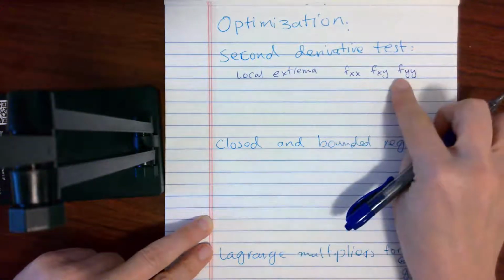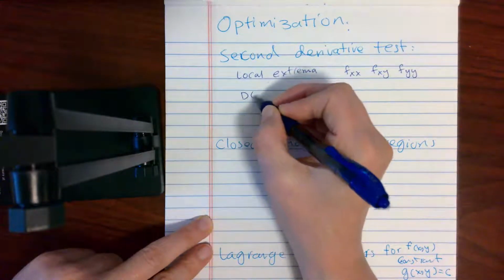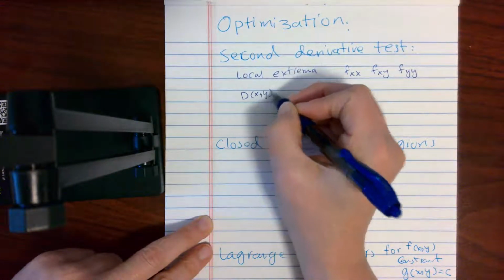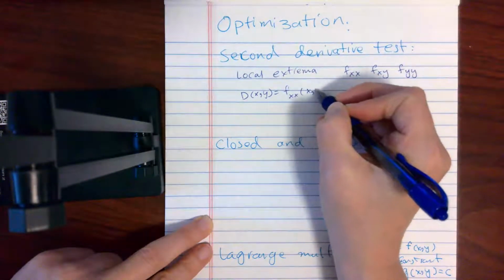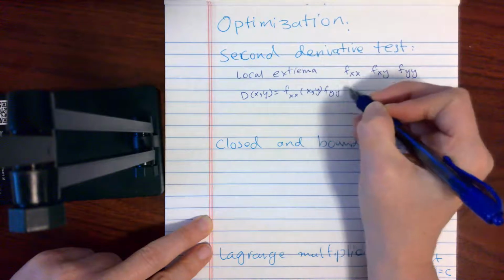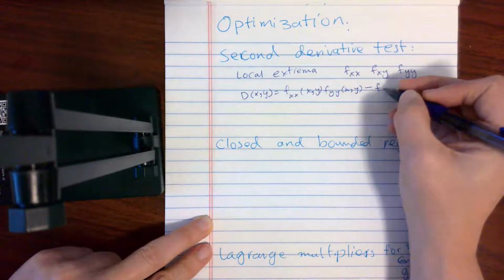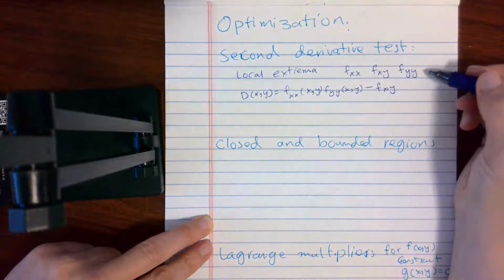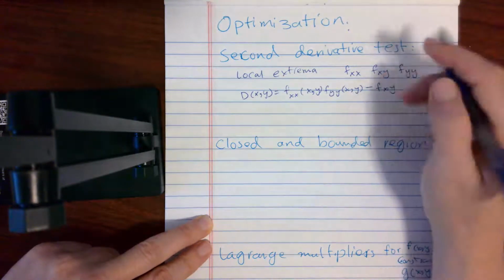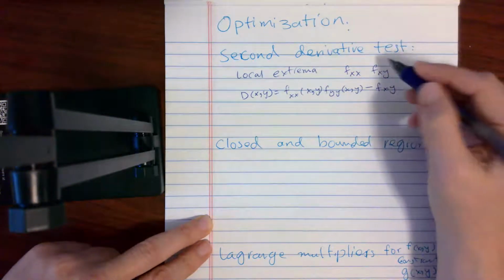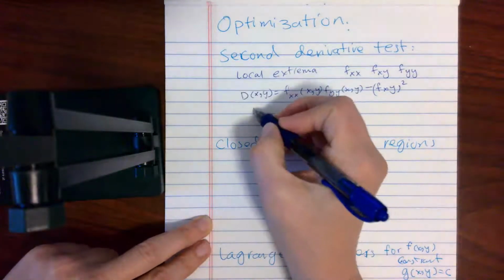And then you set up the discriminant D of x and y, which is f_xx at (x, y) times f_yy at (x, y) minus f_xy. If the second derivatives are continuous, by Clairaut's theorem, f_xy and f_yx are going to be the same, so you just write that to the power 2. And so the discriminant, if the discriminant is positive